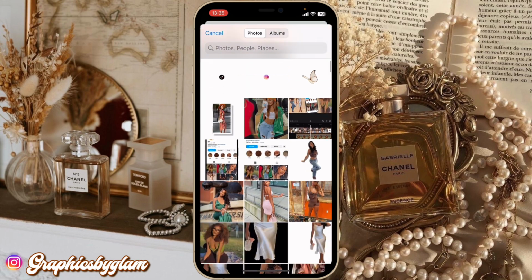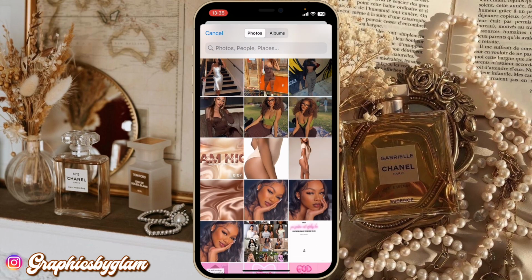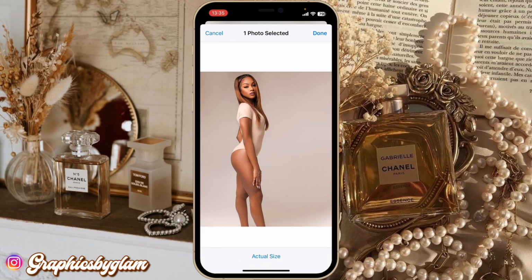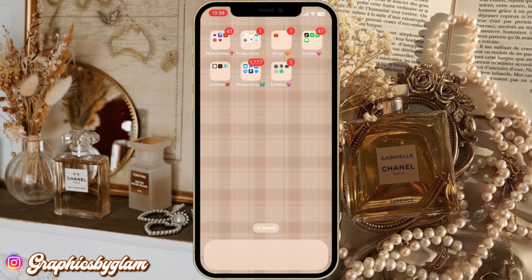So the one I used, for example, for this intro was this one right here. Okay, then I just clicked on done, and then it will erase the background of the pictures for you automatically. You don't have to do anything. However, sometimes it does leave a bit of things unremoved, so you can remove them yourself by clicking on edit. Okay, great. So once we finish doing that, we're gonna go into the app called PixArt,